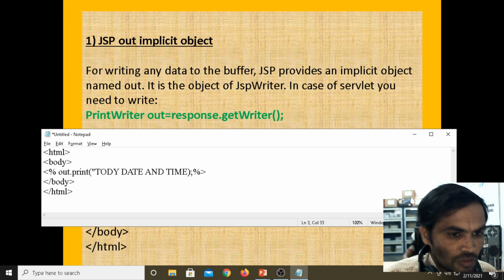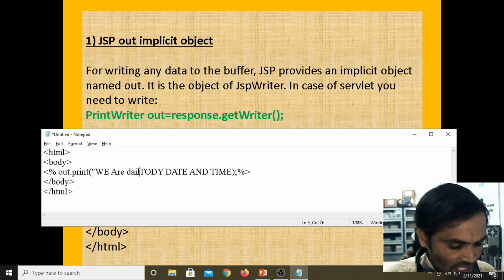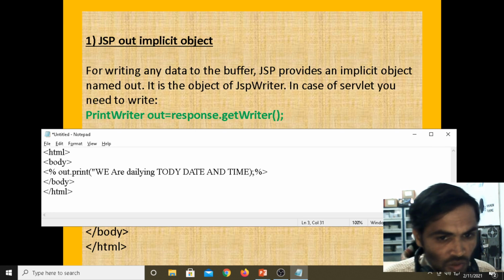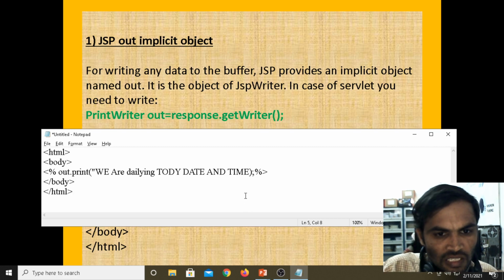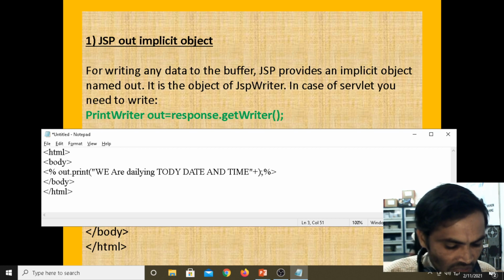We are displaying today's date and time. We write the content or the message in the format of comments, since it is a string.